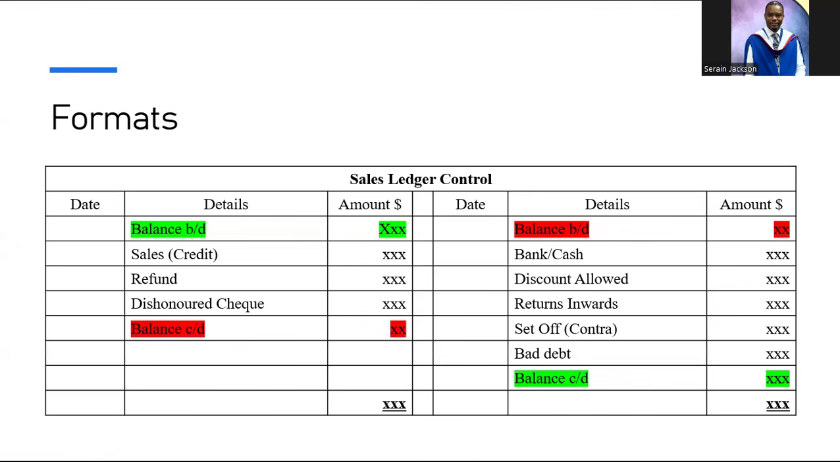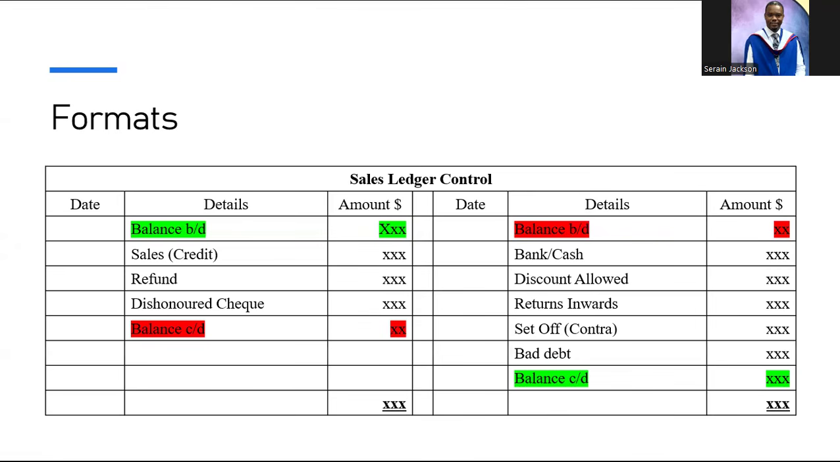You're paying back your customer for money that they would have paid you. Now, let's look at it. If your customer pays you money, you would have made a credit entry in their account to show that the amount that they owe you is reduced. Now, if you are going to give them back, or if they pay you too much and you